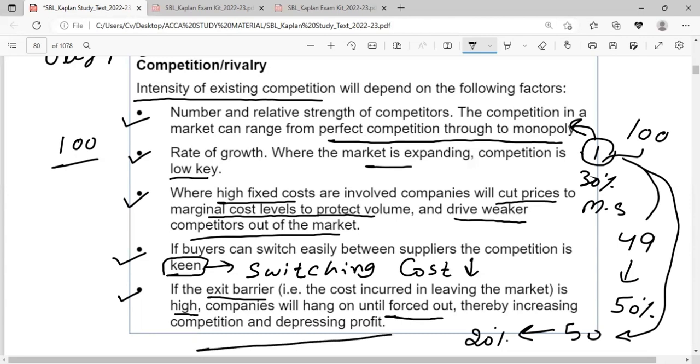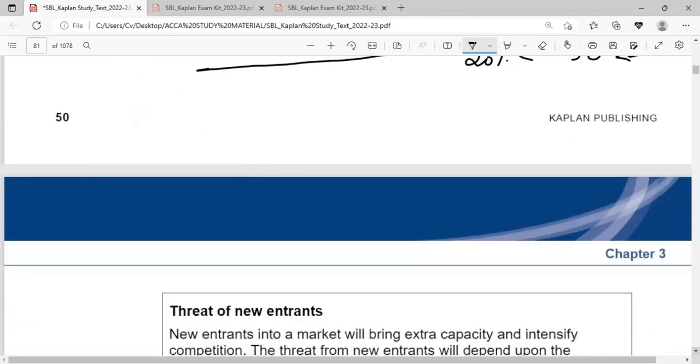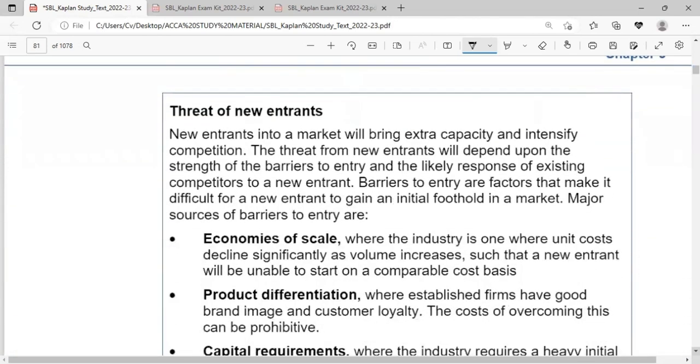This whole situation will lead to what? This whole situation will lead to failure of an organization. If there are higher exit barriers, then the organization will wait for the circumstances when there will be complete erosion of profitability, or there will be very huge competition and the company will be unable to face it or survive.